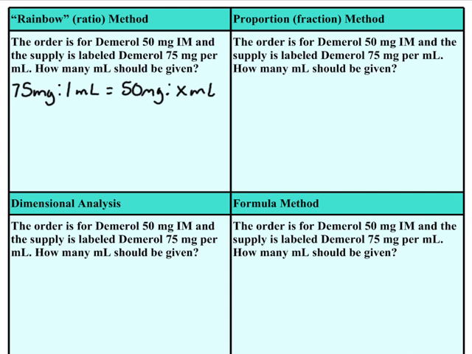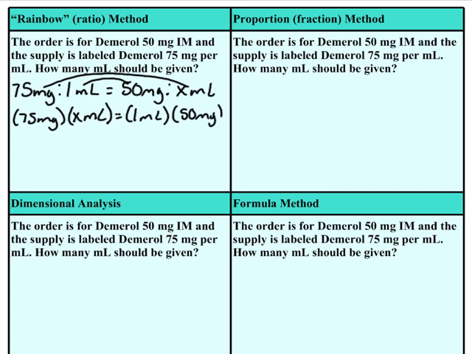To solve for x, we need to multiply our means and our extremes. We can do this. 75 milligrams times x ml equals 1 ml times 50 milligrams. In order to isolate our x on one side of the equation, we need to divide both sides by 75 milligrams. By doing so, the 75 milligrams cancels on the left-hand side, leaving our x by itself. On the right-hand side, only the units milligram cancel, and we are left with 1 ml times 50 divided by